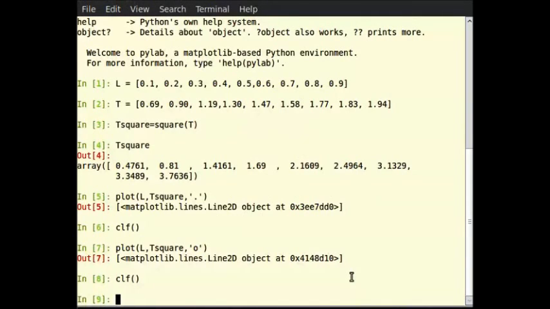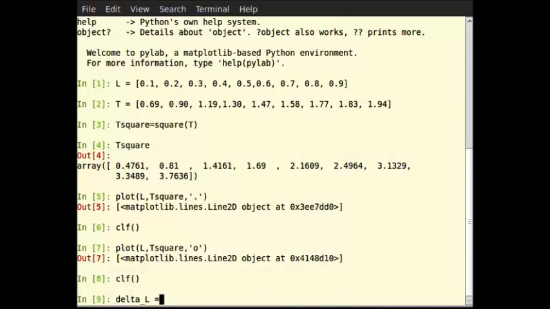We shall again initialize the sequence values in the same manner as we did for L and t. Now to plot L versus t square with an error bar, we use the function errorbar closing brackets. Before plotting the data, we need to get the data of delta L and delta t. So delta L is equal to